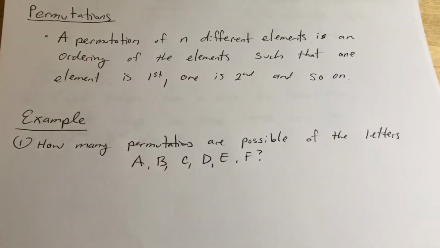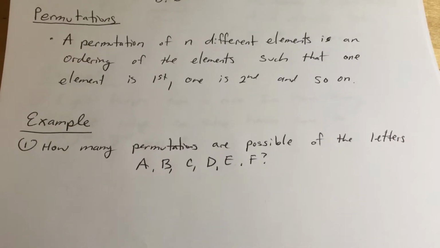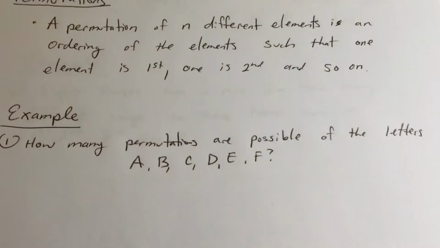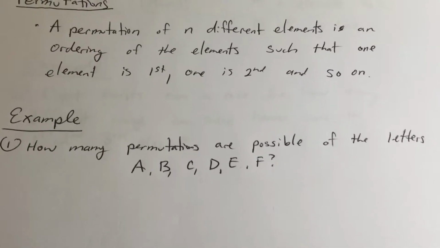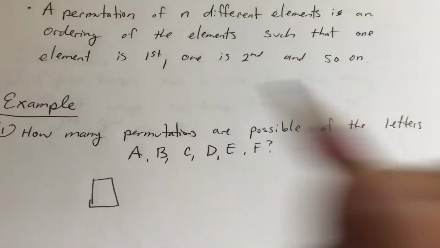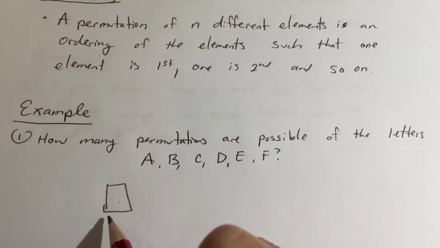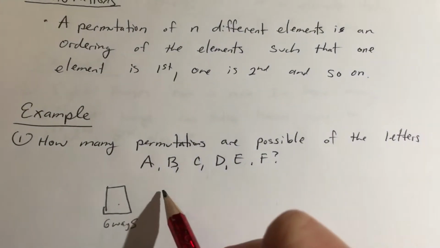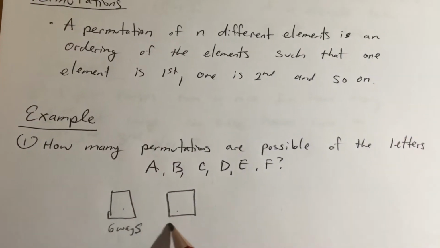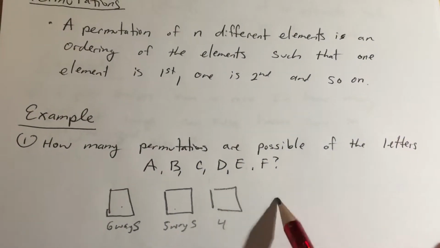factorials. So if I ask you this first question, how many permutations are possible for the letters A, B, C, D, E, and F? Basically, I want to know how many different ways I can group these letters. If we remember back to factorials, in my first box, any of these 6 letters is possible, so there are 6 ways. Once I put a letter in there, that letter is gone, so the next box will only have 5 ways. I keep going until I fill out my boxes: